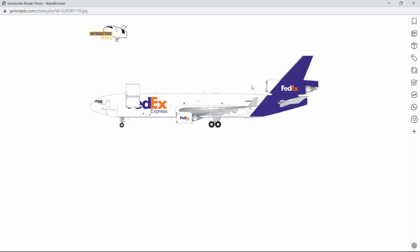FedEx flying a lot of MD-11s here, and would definitely be a used aircraft in quite a few of my airports. I'm gonna say a lot. I know, no, not Columbus. Let's see here. Probably for sure my fictional model airport, and then maybe